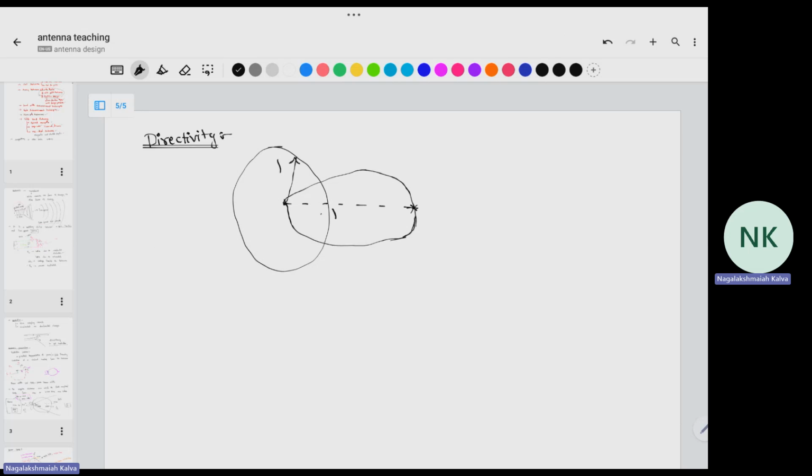So you can directly define it as the ratio of radiation intensity of this antenna, the DUT, to the radiation intensity